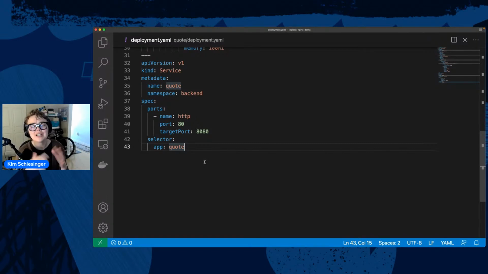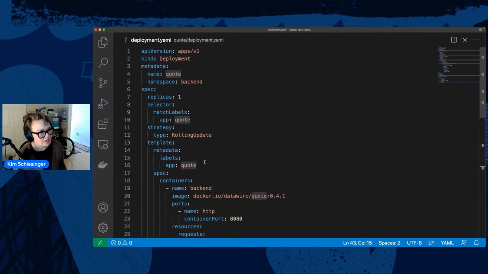They're meant to be spun up and spun down, and their IP addresses always change. But your service, the IP address stays the same. So when traffic hits the load balancer, it goes to the Ingress NGINX Controller. Ingress NGINX is going to send that traffic to the service instead of the pod, since the service is stable. So let's create these two things.